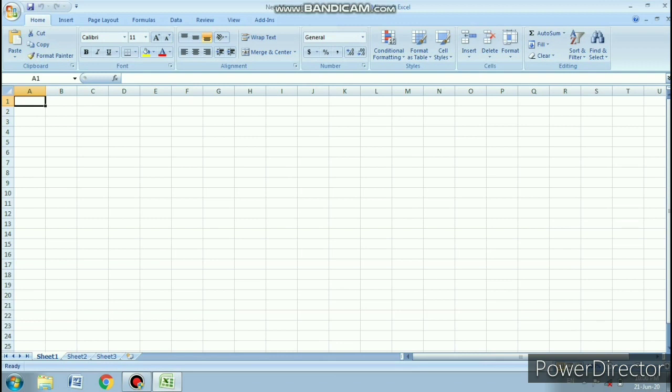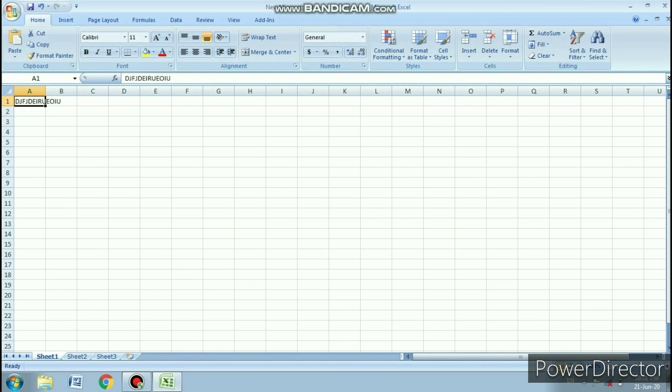First thing, you should keep in your mind that whenever you type anything in an Excel sheet, first of all you have to click on the cell where you want to type. If I am typing something over here and I want to type in the next line, do remember I have to come to the next row and make the cell active.